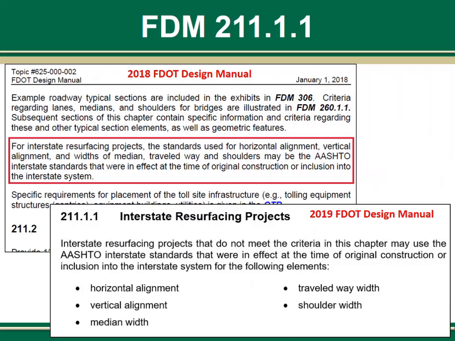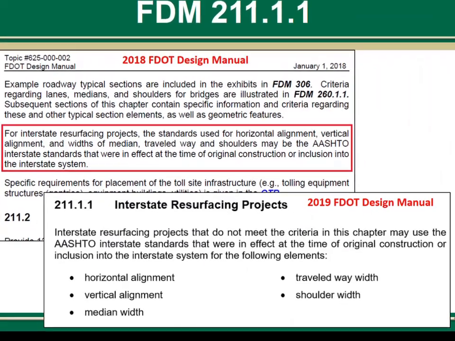The first change I want to tell you about today is found in FDM 211.1.1, Interstate Resurfacing Projects. This language is not new, but the subsection heading is. In the 2018 FDM, the language for interstate resurfacing projects was buried at the tail end of the general section, FDM 211.1. We wanted to simply make this important language a little easier to find, so we created a subsection